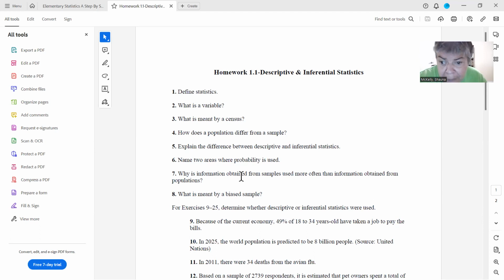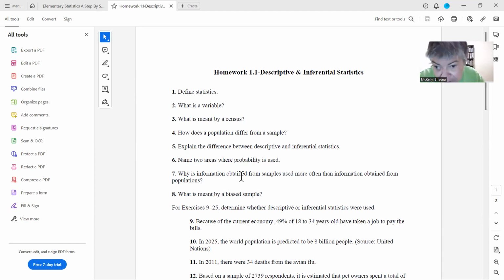2 areas where probability is used. Probably you don't have to think too hard. Most of us have gambled some way, either in Vegas, or you've gotten a lottery ticket, or you've entered a raffle of some kind, or you've played a game of some sort, maybe poker, maybe blackjack, something like that. So 2 areas where probability is used: gambling, any kind of gambling would use that, and also